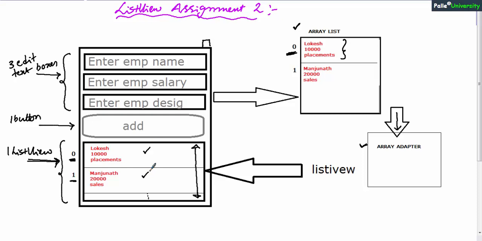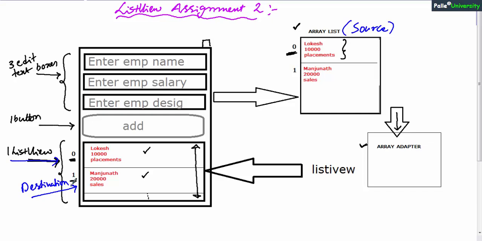So I hope you understood. For everything we should follow this process. First add to array list, tell to adapter, so that adapter will push elements automatically to list view. Now in this pictorial representation, can you tell me which is source and which is destination? Since data is first going to array list, so obviously array list is the source of our data. Since finally the data is being displayed in the list view, so obviously this list view is the destination.